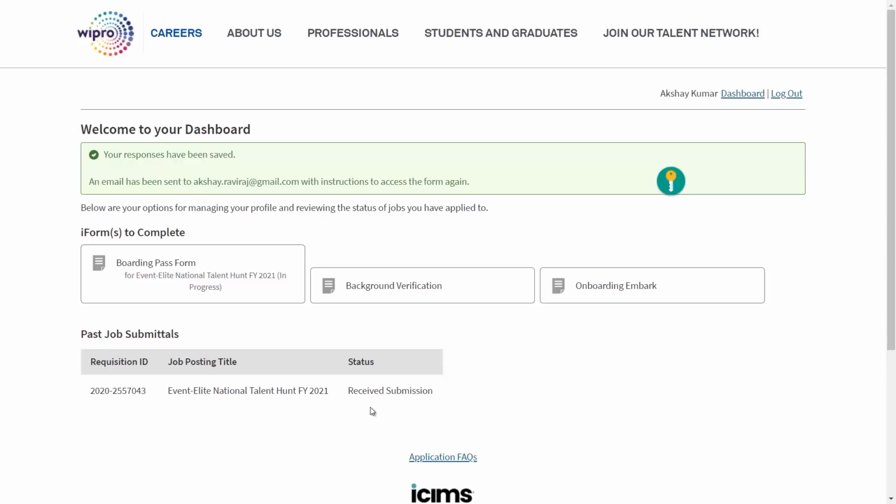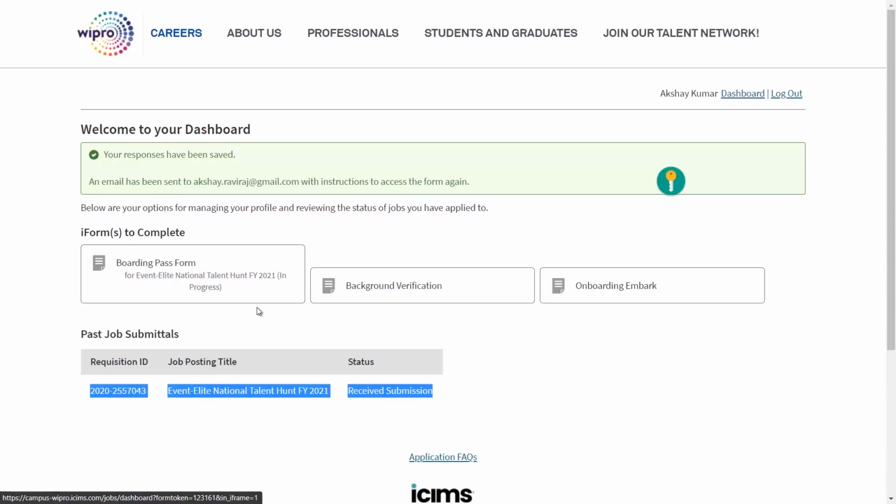So this is exactly how you register for Wipro NLTH. You can take a screenshot of this particular page, and your boarding pass will have it as well. Please make sure you read all the eligibility criteria and all the necessary documents required beforehand, when you come to this page, so that you do not have to click on the save now and return later button, because you'll break the flow and you might forget certain things.